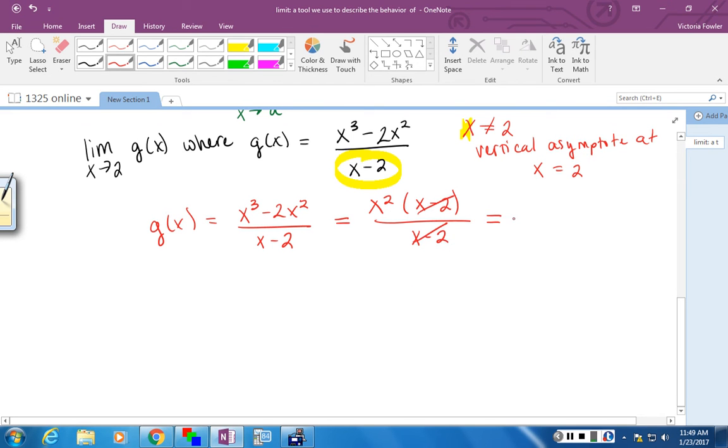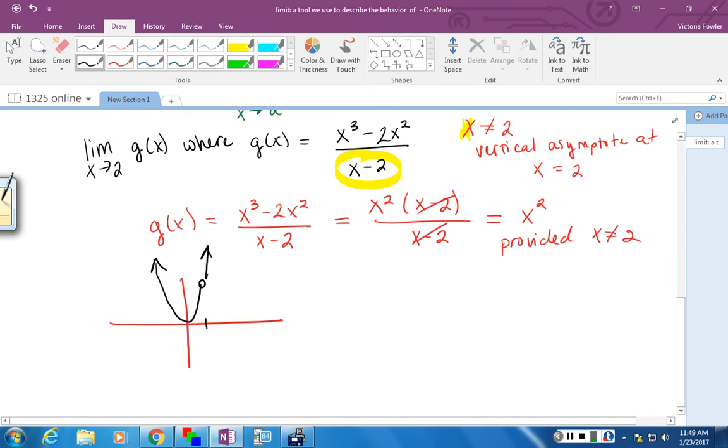I can say, hey, this function behaves a whole lot like x squared, except we have provided that x cannot be 2, because again, we cannot divide by 0. So I can graph this function, except for right there. And so there's going to be a hole in my graph,